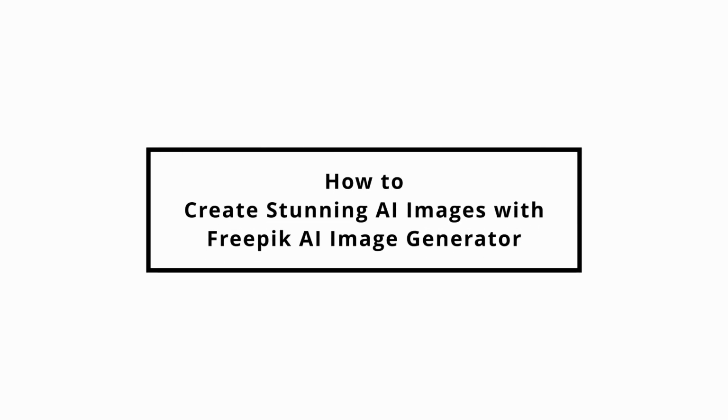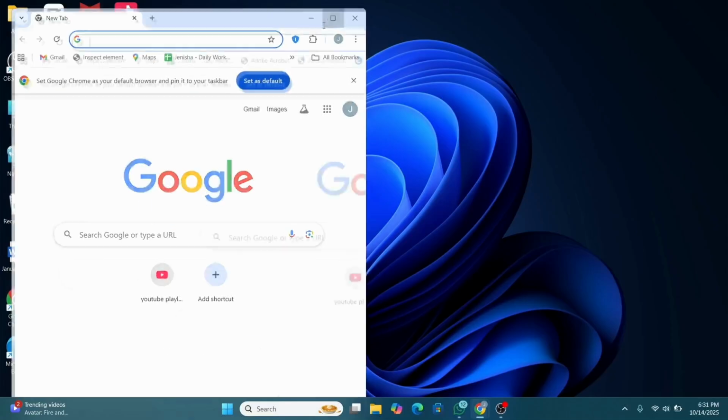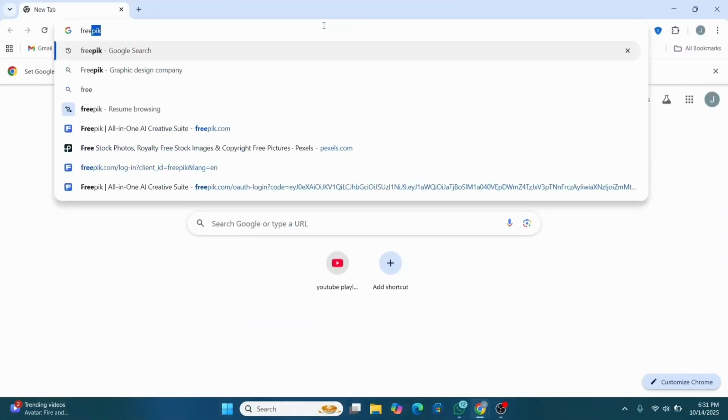Today we are going to create stunning AI images absolutely free using Freepik's AI Image Generator. So whether you need artwork, product photos, or concept visuals, this tool is super easy and powerful, so let's just get started. Before that, head over and open up any browser available and you can type in Freepik